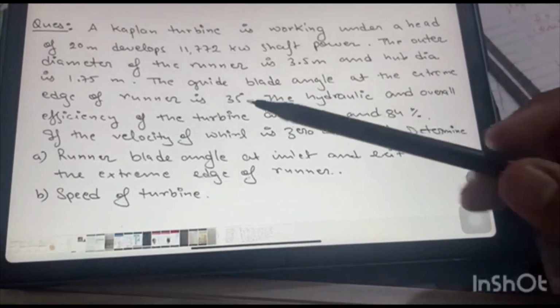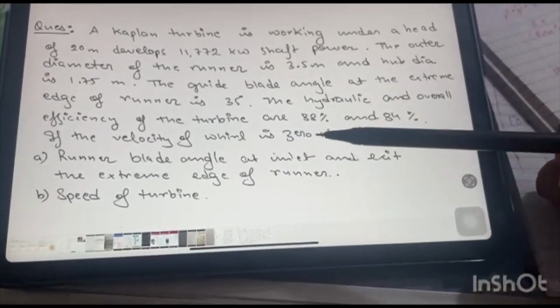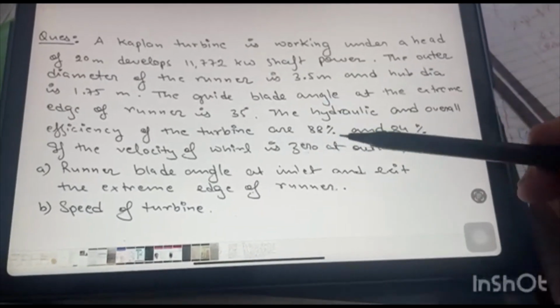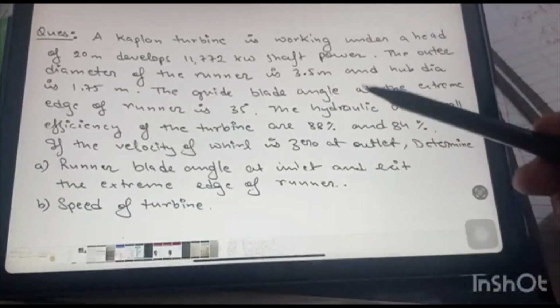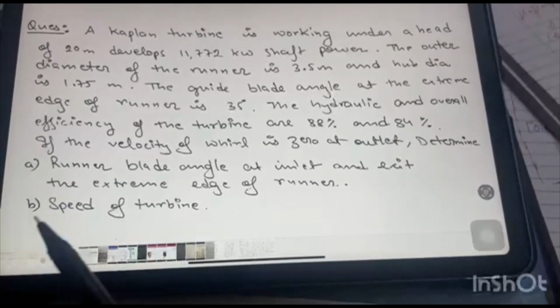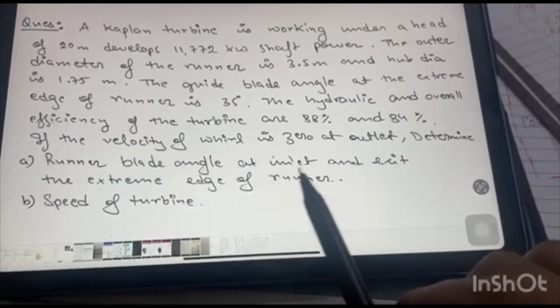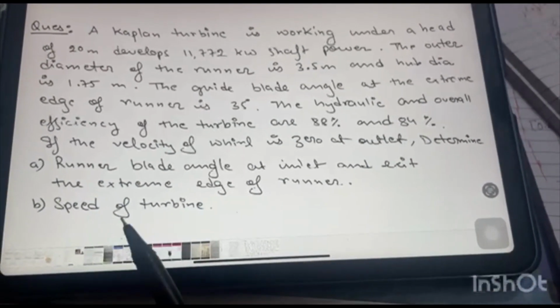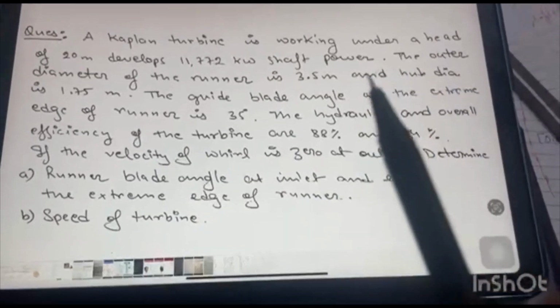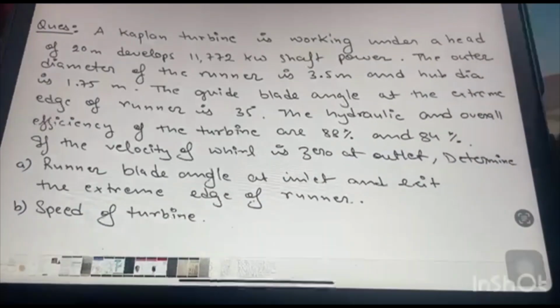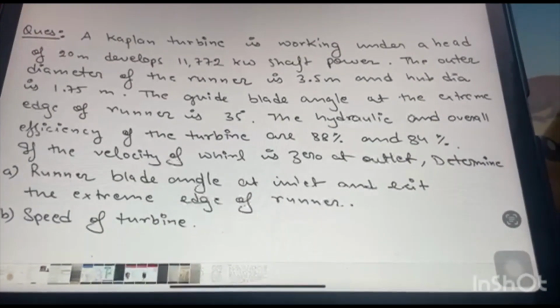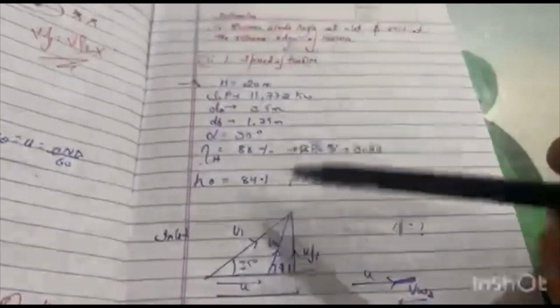काफी चीजें निकलेंगी, हम देखते हैं। वेलोसिटी, व्हील वेलोसिटी उसने 0 दे दी, VW2 उसने 0 दे दी। ओके, आउटलेट पे उसकी 0 है, तो हमें पहले निकालनी है रनर ब्लेड एंगल एट द इनलेट और एट एग्जिट, और सेकंड निकालनी है स्पीड ऑफ द टरबाइन। अब हम इस क्वेश्चन को सोल्व करते हैं।